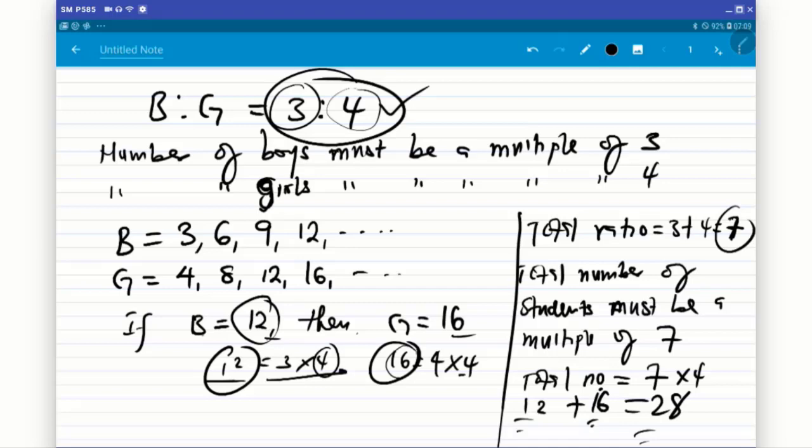Okay, so whatever is happening to the ratio of boys must be happening to the ratio of girls and to the total ratio. So if you are dividing one of them by a number, you are dividing the rest by the same number. If you are multiplying one of them by a number, you are multiplying every other one also by the same number. Okay, so that's one thing you have to understand about ratio, how you interpret it and how you apply it to solve your problems quickly. Alright,